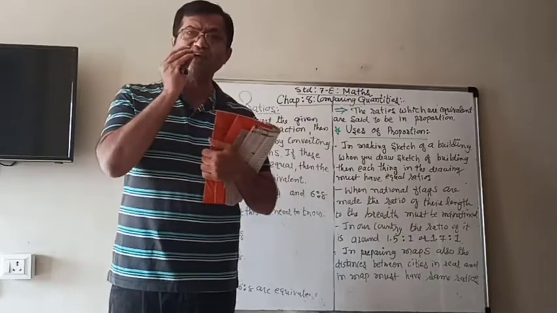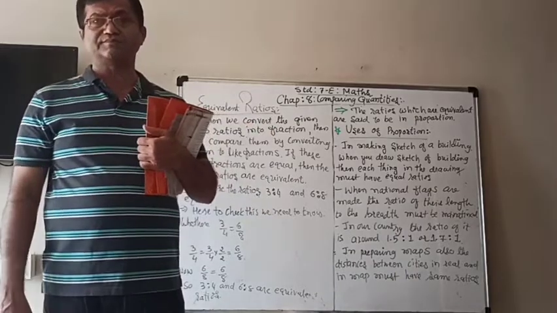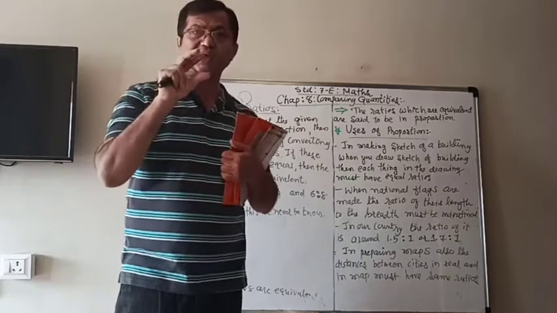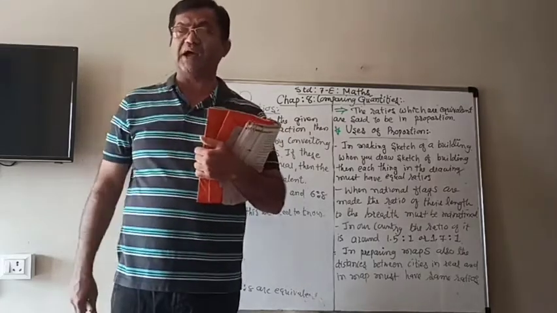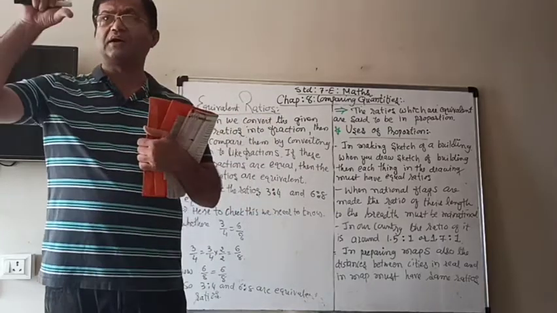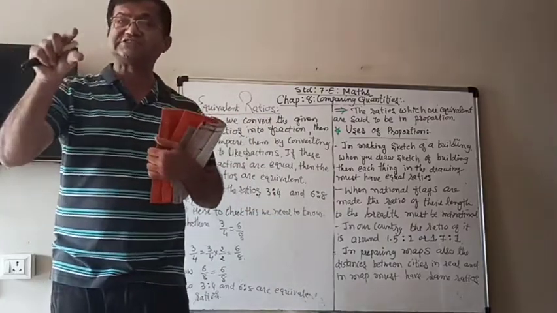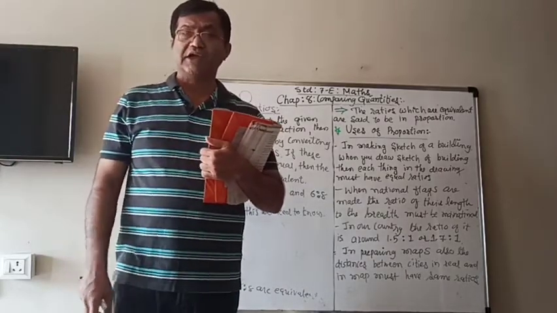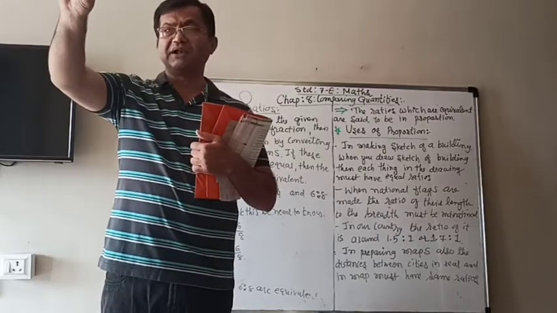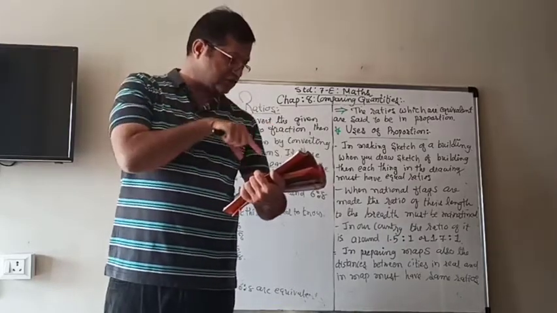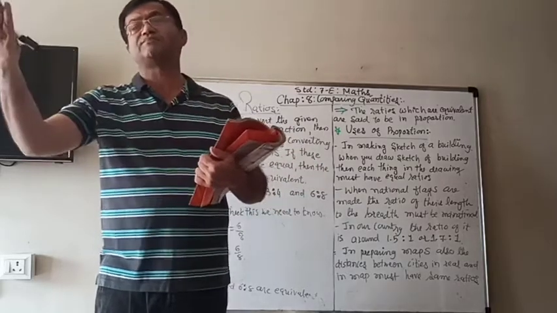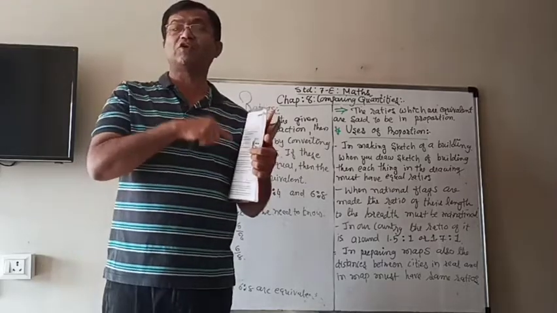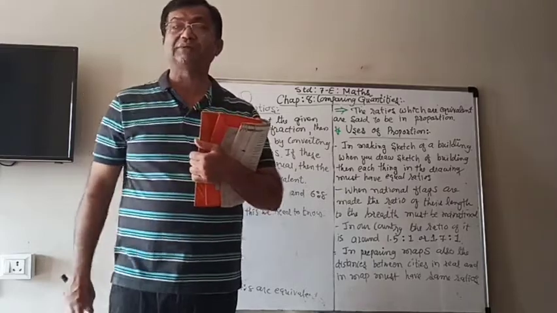So while we draw the sketch of this building, the ratio of the actual height and the height in the drawing, and the ratio of the actual height of the woman and the sketch height of the woman, they must be maintained. It means the actual height of the building divided by the actual height of the woman should be the same as the ratio of their heights in the sketch. Otherwise, it will look weird, something not proper.